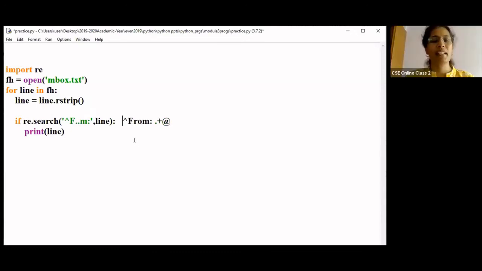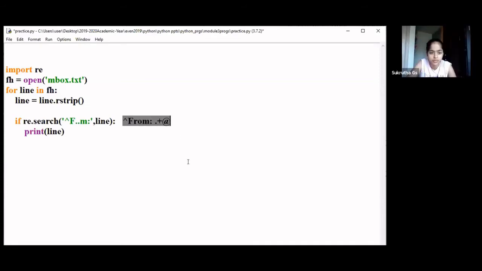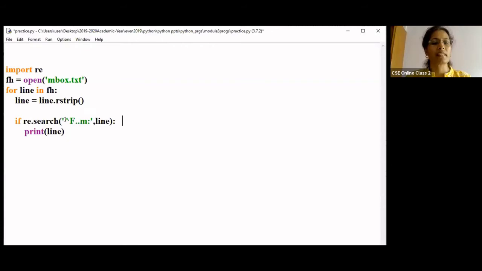I can also have dot plus: From, dot plus, then at. Afterwards, you can have anything. Correct? So what I will do is copy this here, paste it, and run it again and show you.